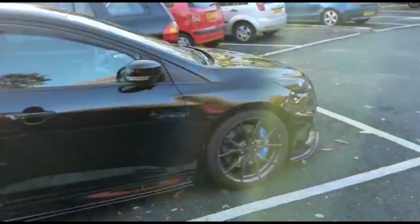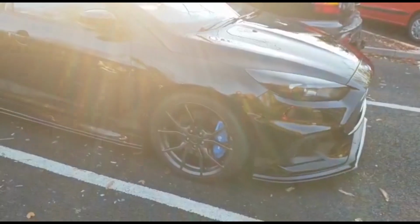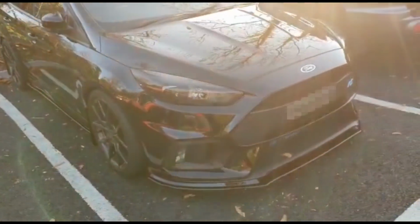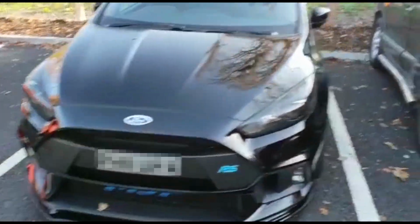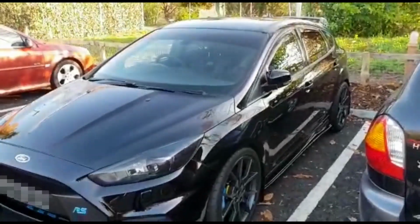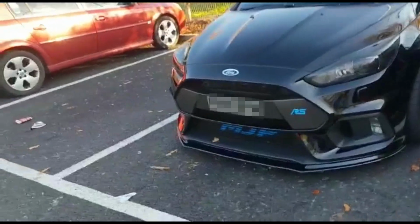So yeah, it's a customer's car that's coming in for a brake upgrade that's going to be rather special. We gave you a teaser of it. So we'll show you a bit more when we get back to the garage and